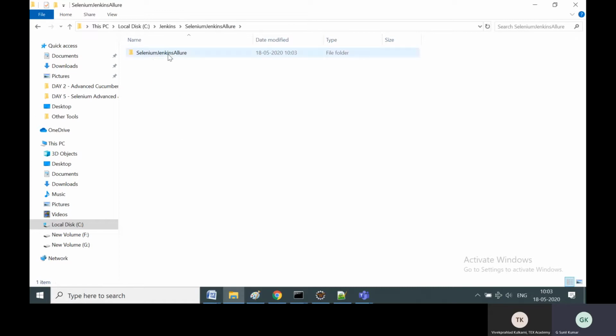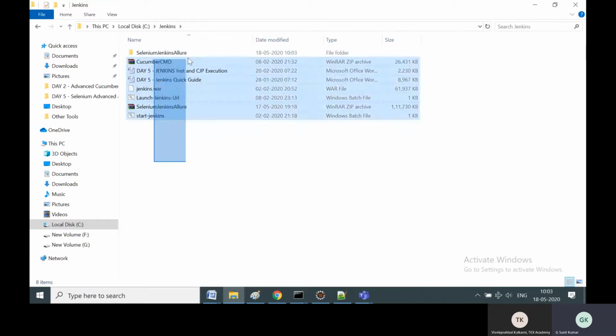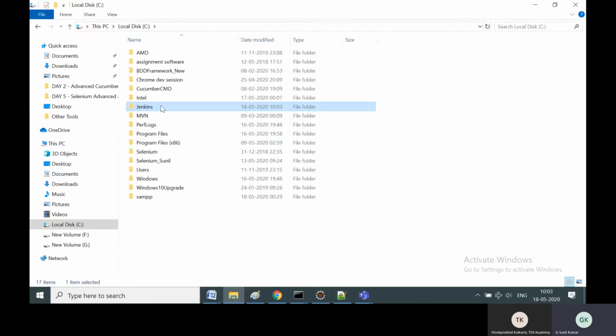Just double click it. Why I'm putting it here? So that you easily have the war file, the launch bat file, and the project which you are going to execute based on this Jenkins war file. And you can put the documentation also, so that in future, if you want to know how to launch it, all the documentation, the URL, the sample execution, Maven and Java project, everything is available. In future, any more sample projects you create, you can add to the project here also. So keep one place for Jenkins, and don't disturb this folder for 2 years, 5 years.